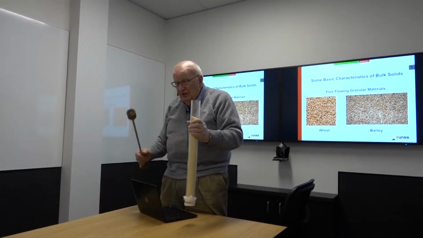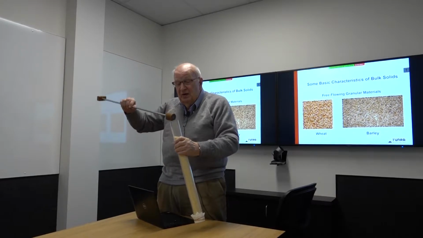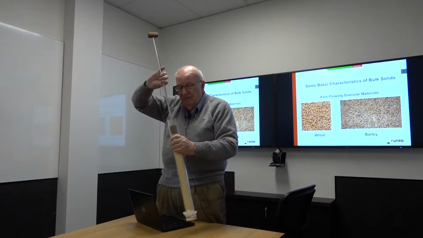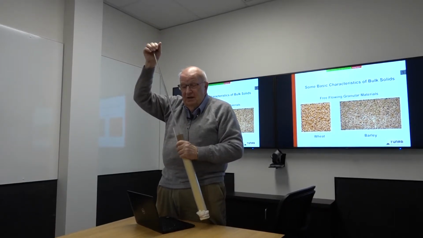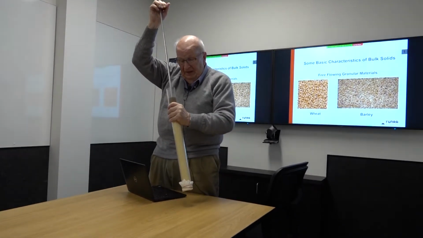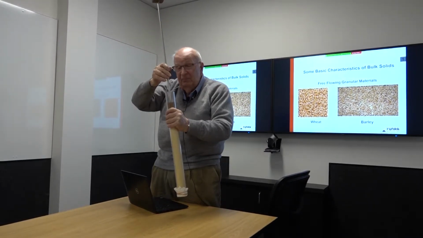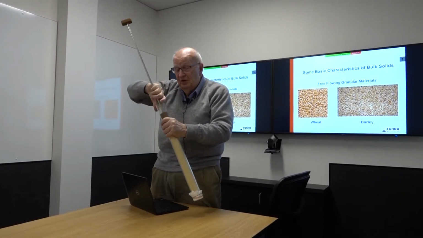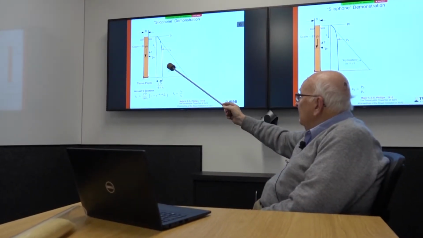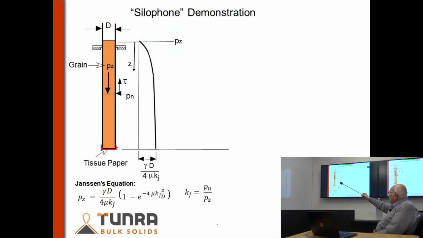Then I can do another little experiment here just to tempt fate a little bit more. I take this plunger here and put that in the top, and I press on it and press on it and press on it, and I'm putting quite a big surcharge load on there, but still the tissue paper is holding it stationary. What we see here is that because there's internal friction in there, the friction is transferred from